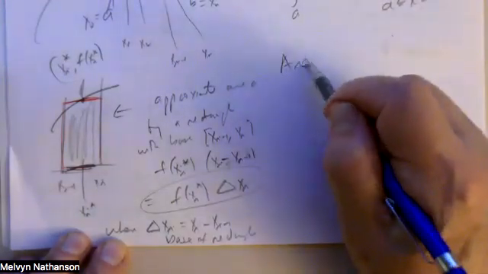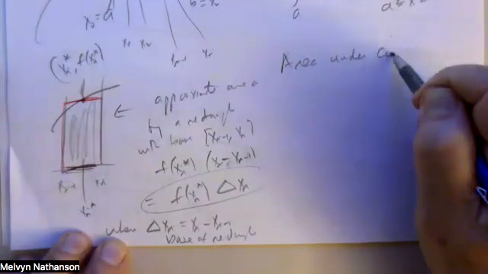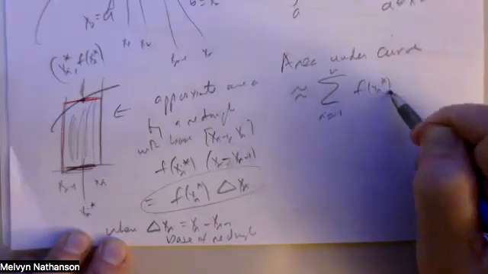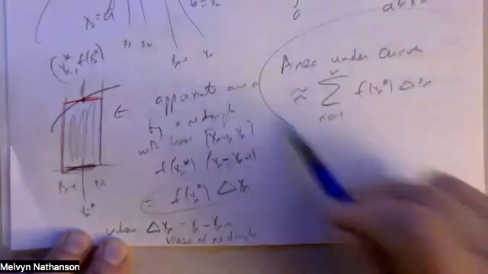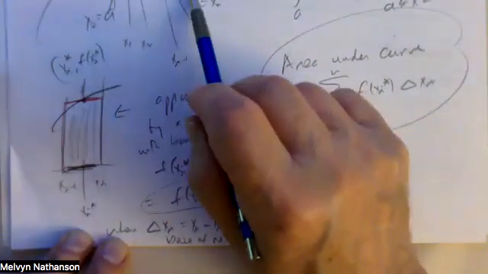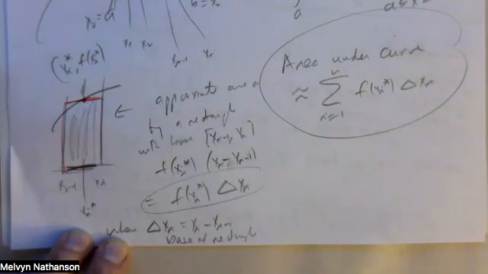And so the area under the curve is approximately, if I take some partition, i going from one up to n, I partition the interval up into n pieces. The area of the rectangle at the ith piece is f of xi star times delta xi. Approximately area under the curve. And you would expect, if you take more and more points of subdivision of this initial interval, so you have more and more rectangles,